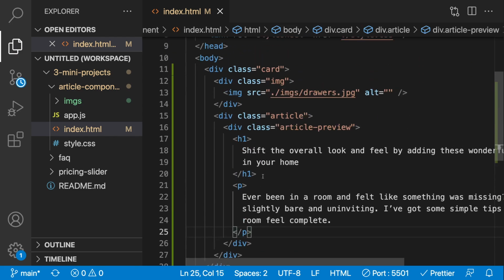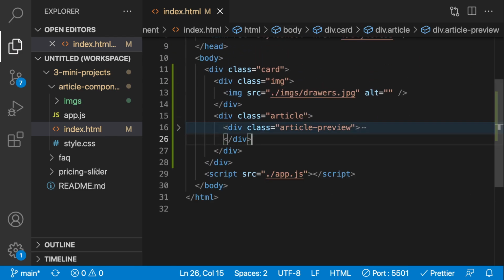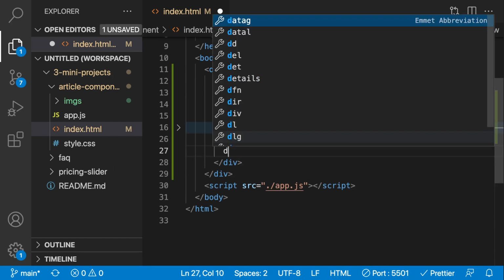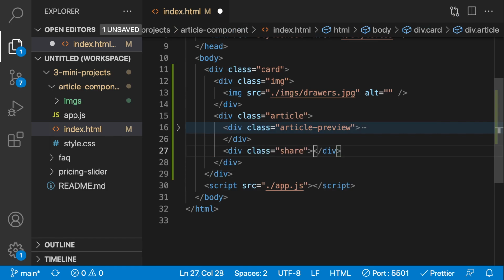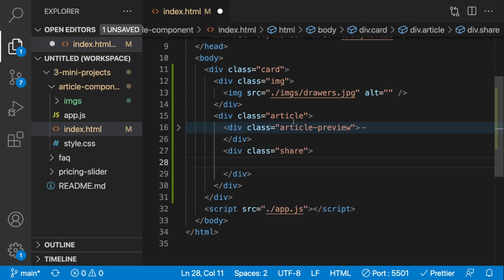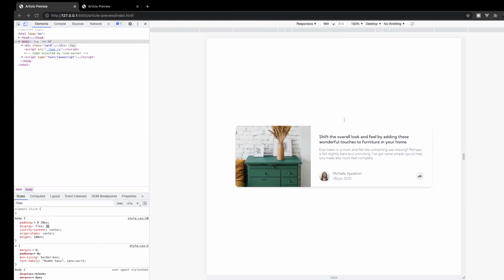So that's going to be our article preview. Now below this, what we're going to do is create our second div, which is going to have the class of share. So we'll say share. Now how I did this is, if we go back over to the finished version here,